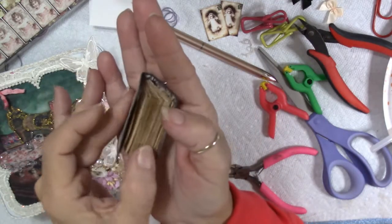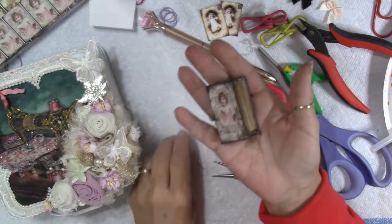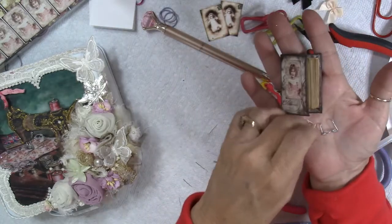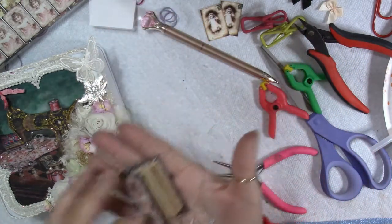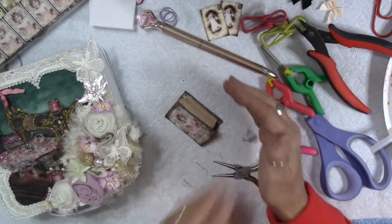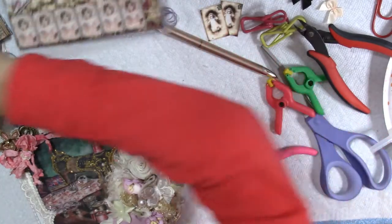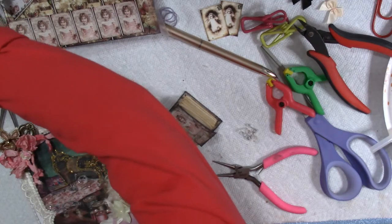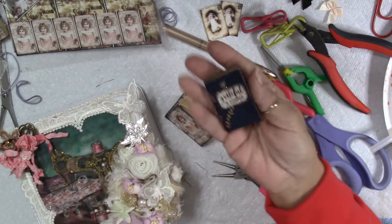Isn't that adorable? I just love these little books. I think they're such great little pieces, and I love the little glasses. So fun. And this book, it's either going to be this book, or I also have, of course, the other one, which I don't know where I put it. I have this other one that I did too, but I'm not as thrilled with this one,